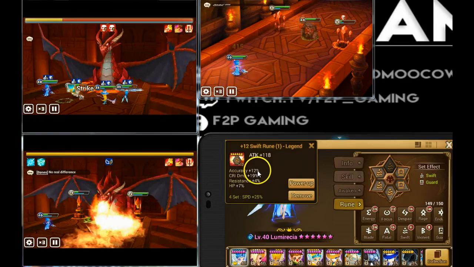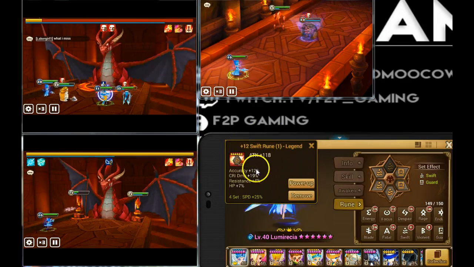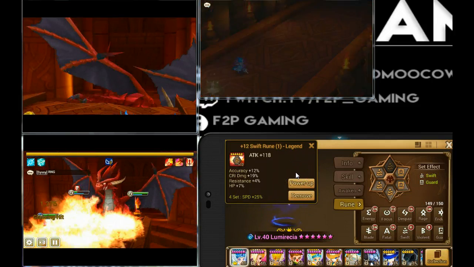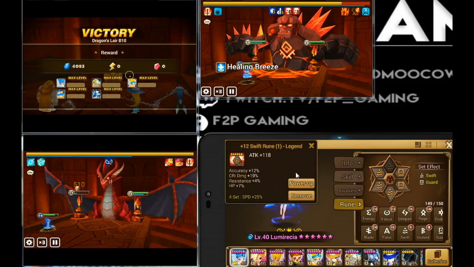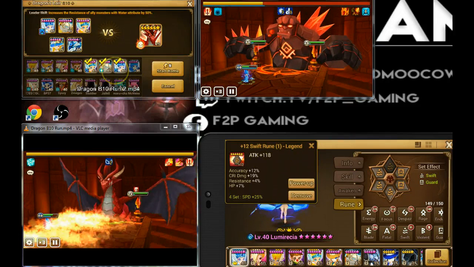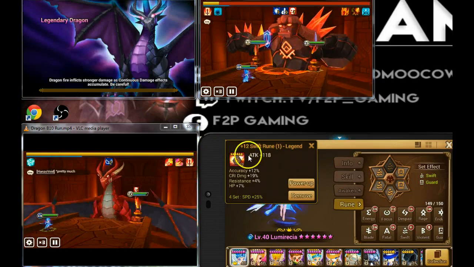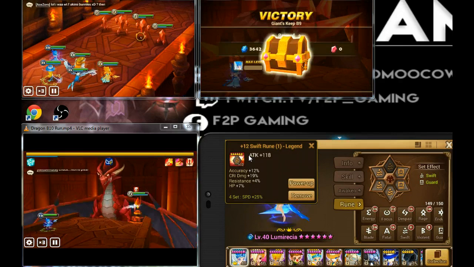So, you're looking for high level runes with good substats. Substats for Lumirecia that you need are going to be energy, resistance, speed. Speed is very important. Hit points and defense. Defense especially, because if you have 100% resistance, your Lumirecia is not going to be getting that many dots put on her. So those dots are going to take down 5% of the hit points. So it's not going to make